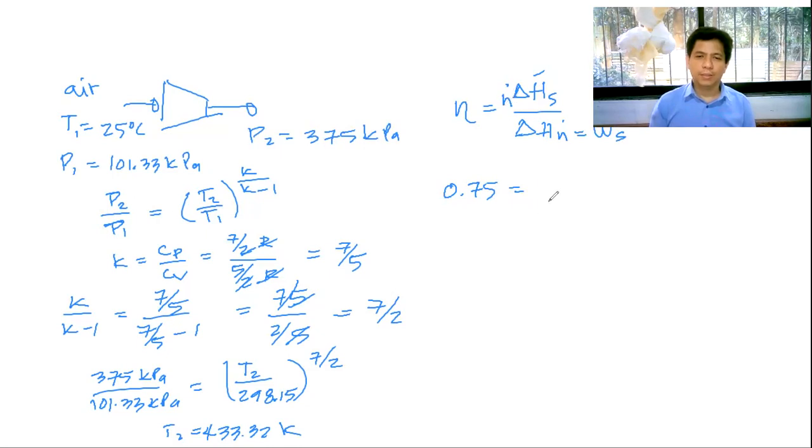So, itong N dot is 100 mole per second. Tapos yung delta H natin is 7 halves times 8.314. Remember, this 8.314 is joules per mole per Kelvin. So, magkakancel dito yung mole. Tapos yung Kelvin natin, yung delta T. So, ang delta T natin ito, 433.32